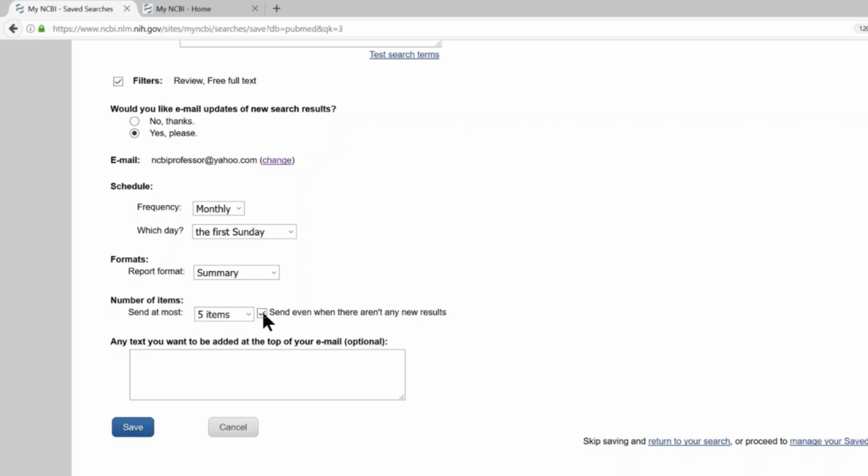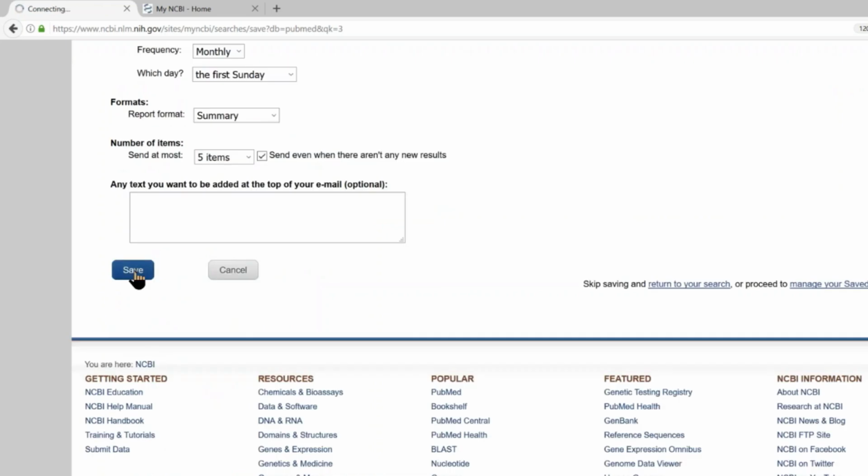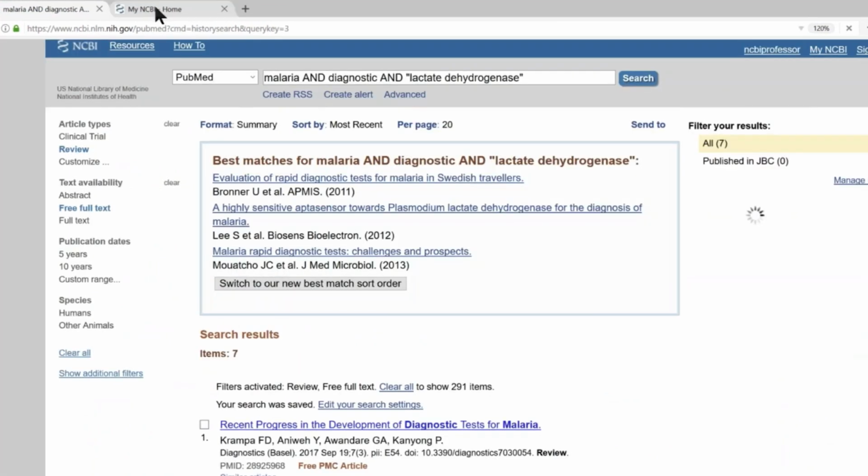And then I'm going to click this checkbox. And I like to do that, send even when there aren't new results, just to make sure that I know it's actually working. The nice thing is that not only is this search actually the one that they're going to redo, but it also includes the filters, review, and free full text. So all of that is already included for you. I'm going to click Save, and then I'm going to take a look back at our dashboard again,